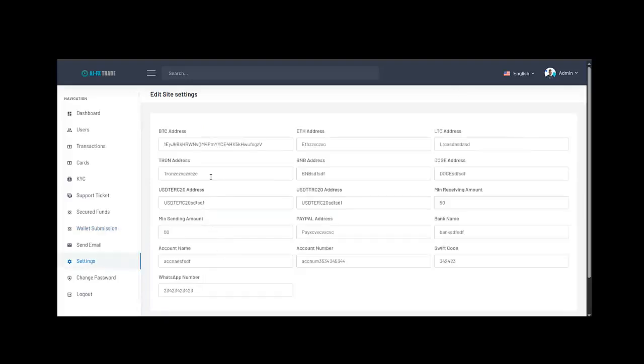So for us to set up our settings, we just click on this settings area. Now settings area is for you to change your BTC address, your Ethereum address, your LTC address, all the necessary address that you need to put in. If you have a PayPal address, you can add it. If you have a bank account, you can add it. If you have a WhatsApp, you can also add it on this platform. So this is how to create this awesome